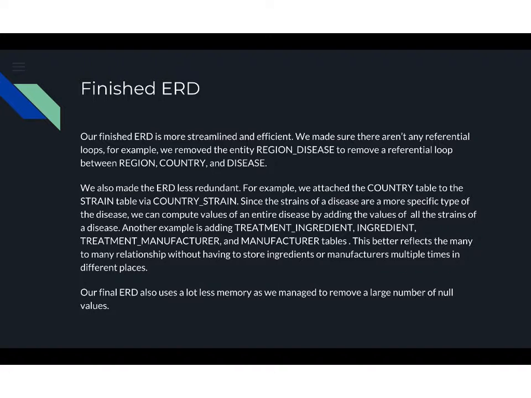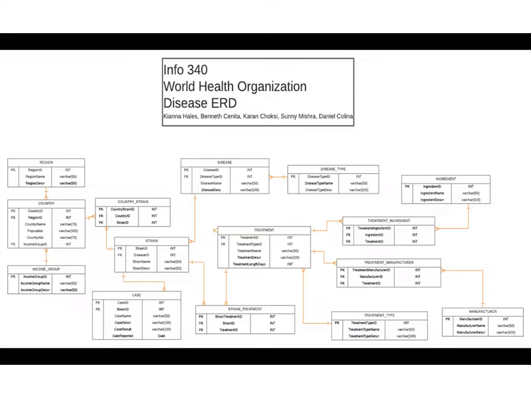Since the strains of a disease are a more specific type of the disease, we can compute values of an entire disease by adding the values of all the strains of a disease. Another example was adding treatment ingredient, treatment manufacturer, and manufacturer tables. This better reflected the many to many relationships without having to store ingredients or manufacturers multiple times. Our final ERD also uses a lot less memory, as we managed to remove a large